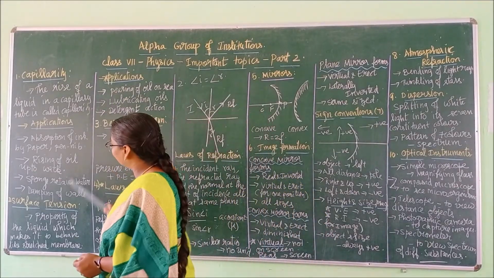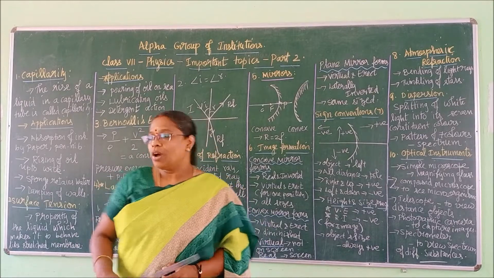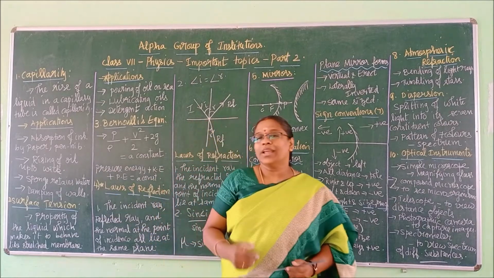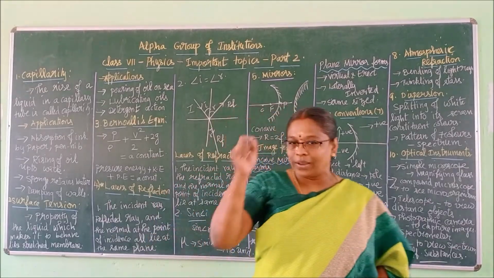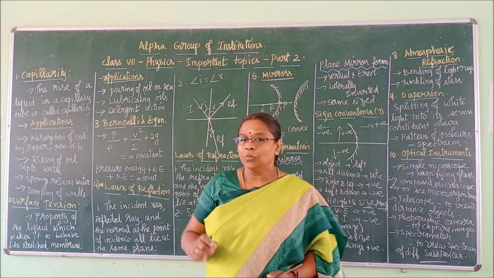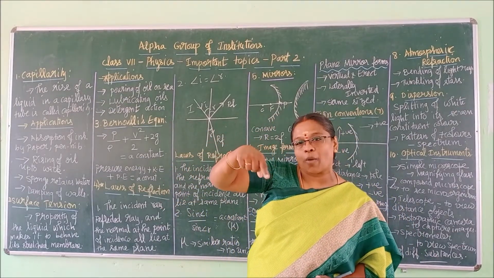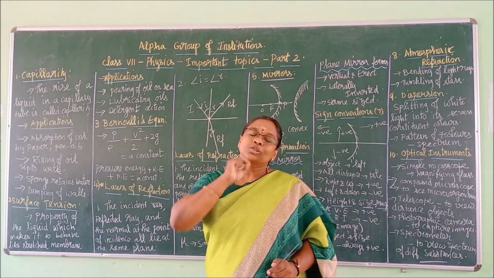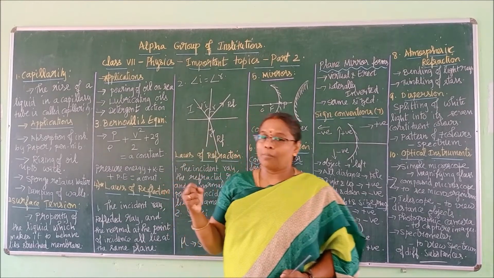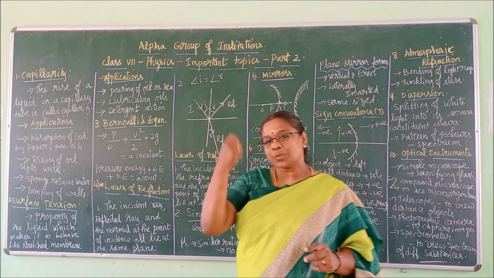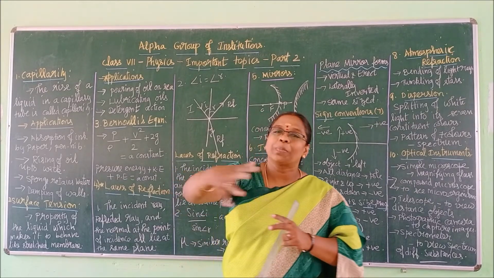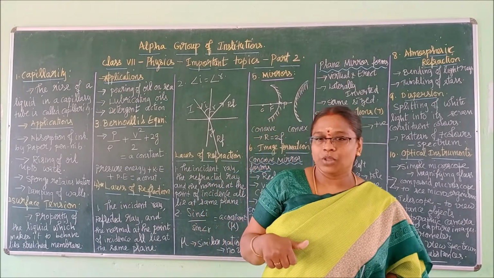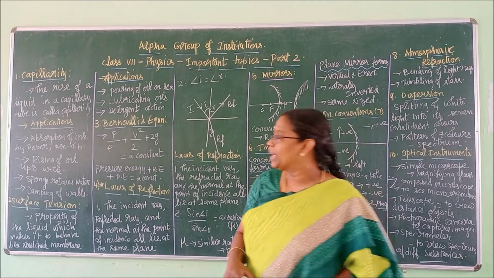Where and how do we use capillarity in our daily life? First one, the absorption of ink by paper or pen nib. When ink is spilled as you start writing, what do you do? You place your pen nib over that ink drop and the ink drop will be absorbed. The nib has a small hole, and through that hole the ink is absorbed. But what about your papers? When ink gets spilled on paper, it will spread out. The small holes in the paper absorb the ink. That action is called capillary action.